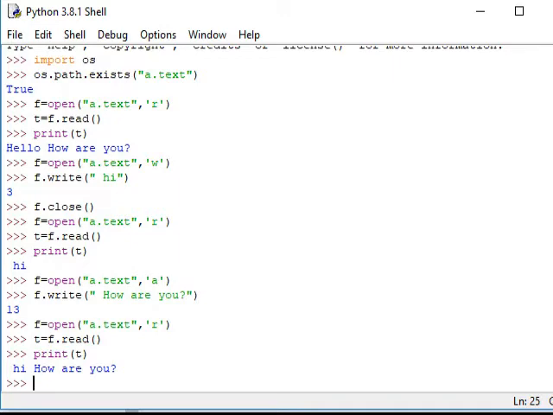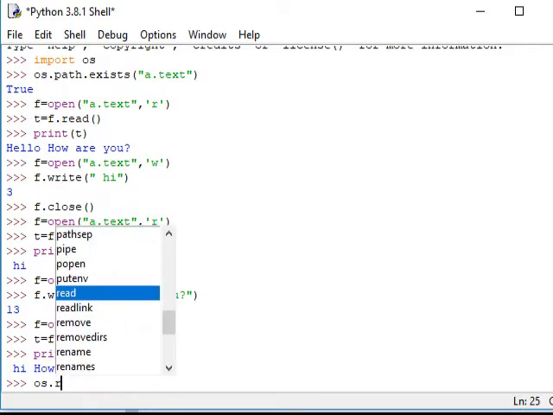Now let us see whether I can change its name or not. To change its name, the command I need is rename. Let us search whether rename is there in OS. So here it's rename.